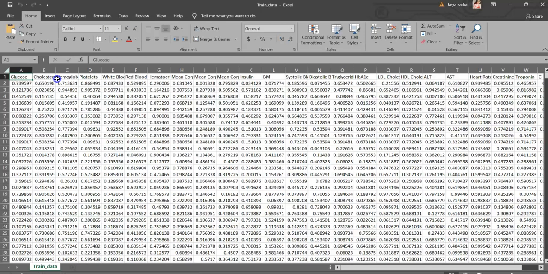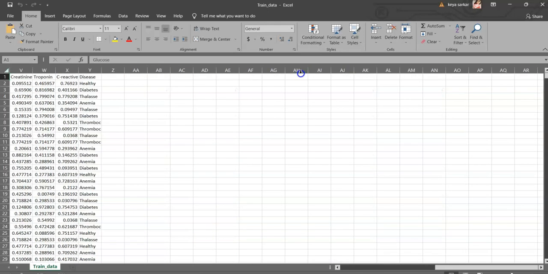Then we have cholesterol, the level of the cholesterol. Then hemoglobin, platelets, white blood cells, red blood cells, hematocrit, mean corpuscular hemoglobin, mean corpuscular volume, mean corpuscular hemoglobin concentration, insulin, BMI, systolic blood pressure, diastolic blood pressure, triglycerides, HbA1c, LDL, that is low density lipoprotein, high density lipoprotein, then alanine aminotransferase, aspartate aminotransferase, then heart rate, creatinine, troponin, C-reactive protein, and disease. So the last column is the disease.